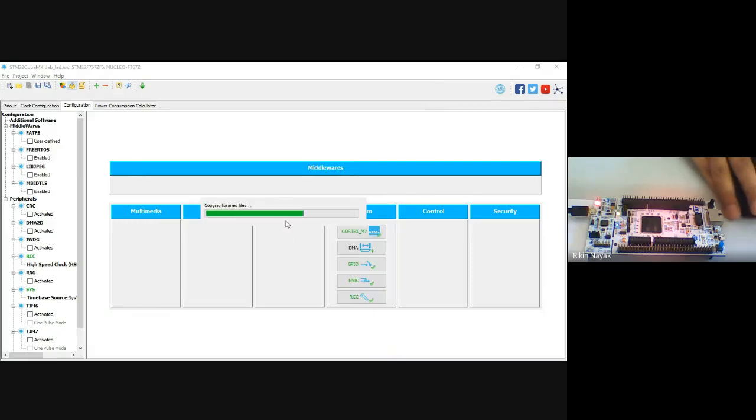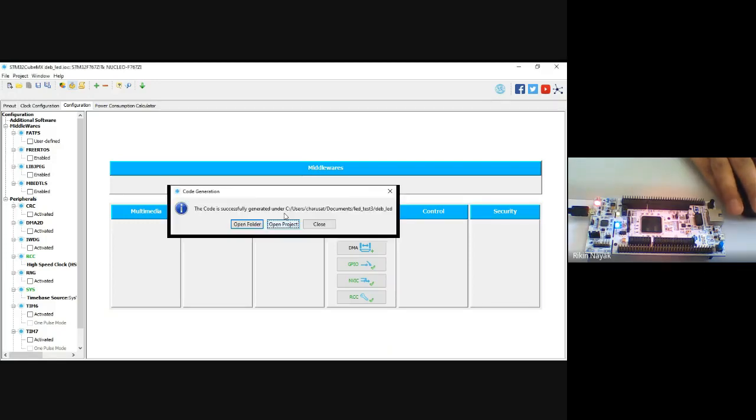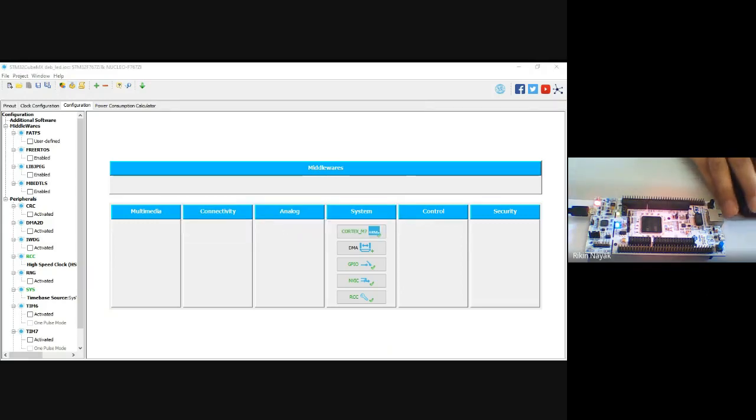It will take some time, and then it will create this project based on our configuration. Now you have this option, either you can open the folder or you can open the project. So now I am using the option open project. It will open the project in Keil MicroVision 5.